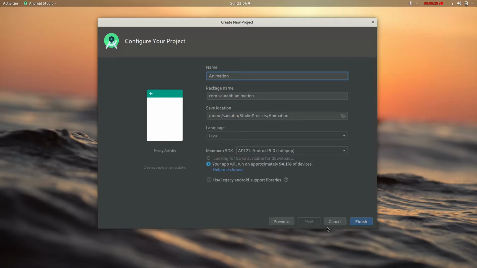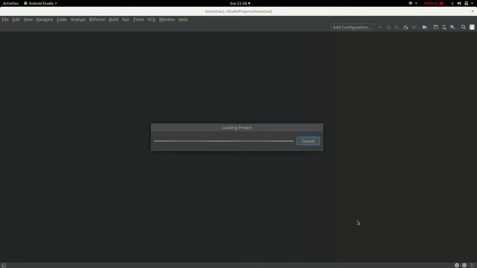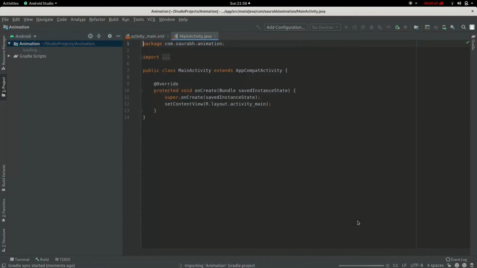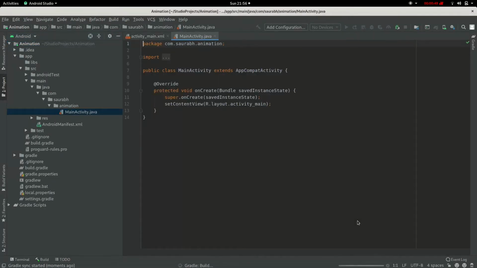So in this app we will perform some basic animations, not very big animations, but it will give you a very good idea of how animation works in Android Studio and what are the tools that Android developers have provided us, so that we can perform animations on images and all.